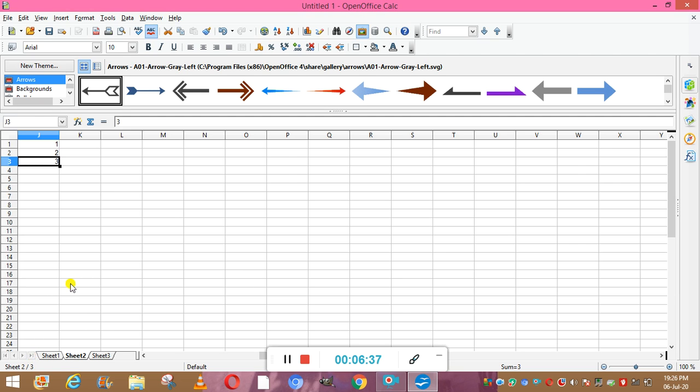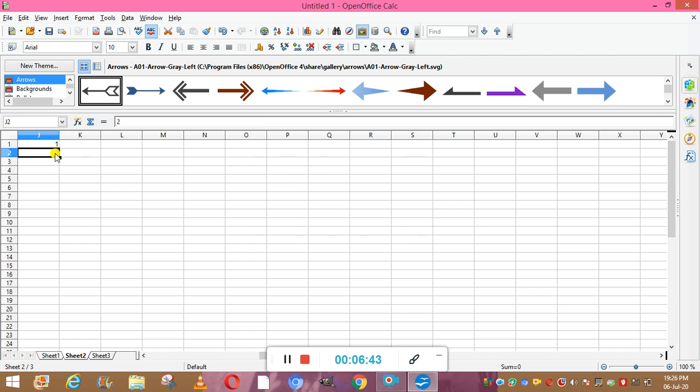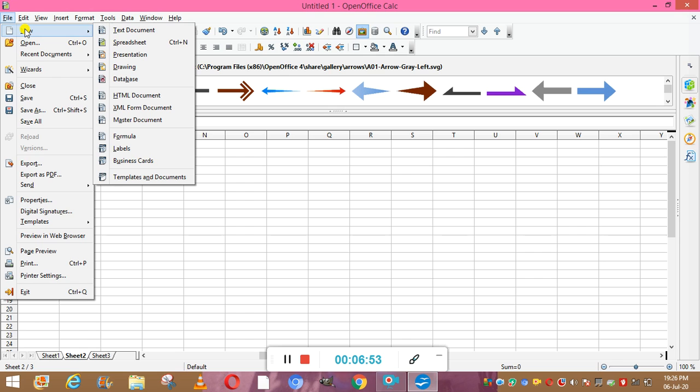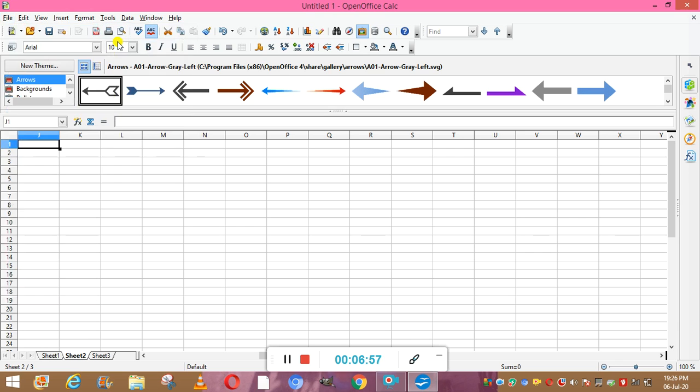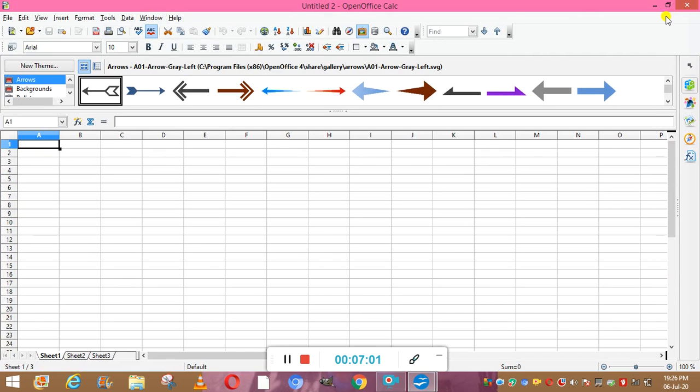Now how can we create and save a worksheet? For creating a worksheet, you click on File, then go to New, then click Spreadsheet. This is a new worksheet opened.